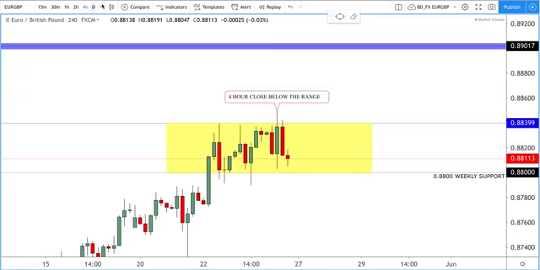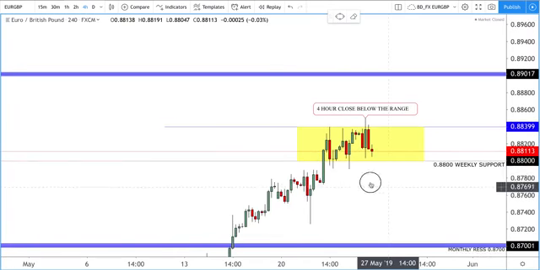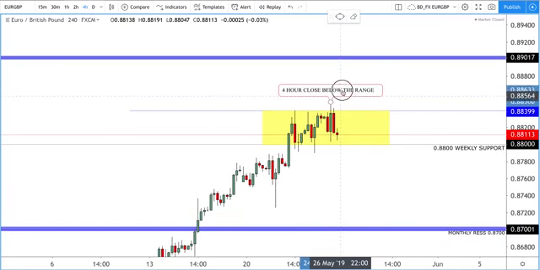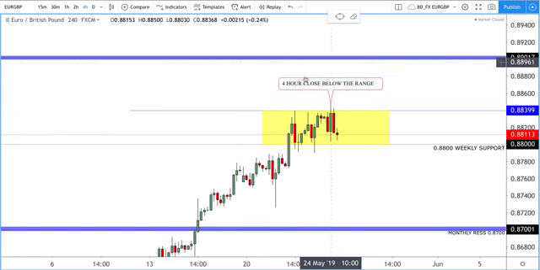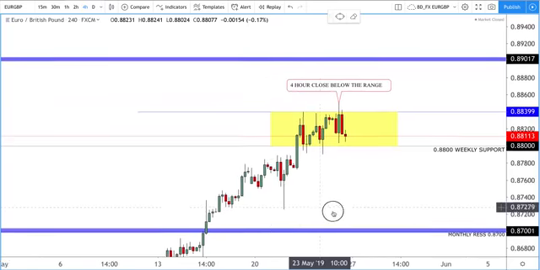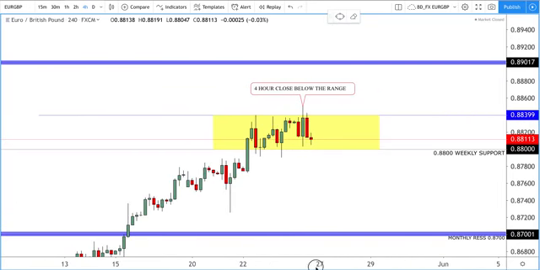Euro GBP, however, obviously loads of us got sniper entries on this last week. So I hope breaking this down really gives you an insight. You can see this 4-hour close below the range. 4-hour candlesticks are very important. They help give you the direction of the market at times. So you can see here this 4-hour pin bar when we had that pullback last week. If you had taken a short, when you see this 4-hour close like that, it's a sign to get out, because 4-hour candles are quite strong and good confirmation.